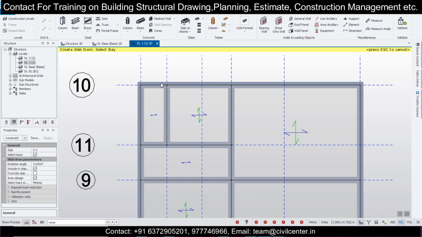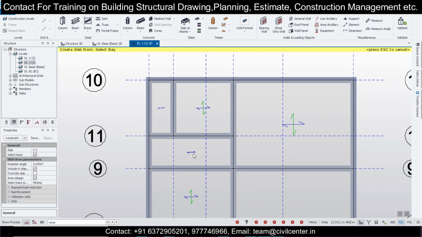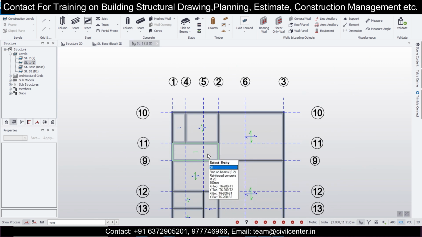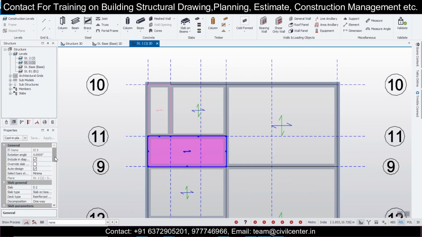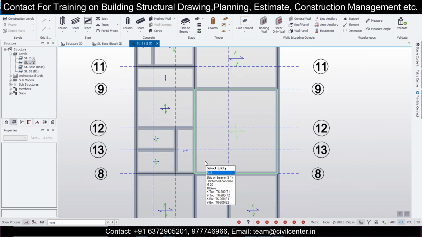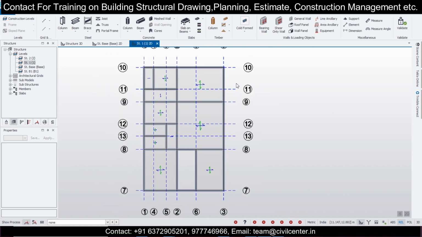Here this orientation is okay, because the beams will be placed along the shorter span. For this one you can change the orientation of the particular beam. Just change the rotation angle to 90, and this should change the arrangement like this. And for this one it is also okay that the orientation is like this. So now you check the orientation and provide all the slabs properly, one-way and two-way.